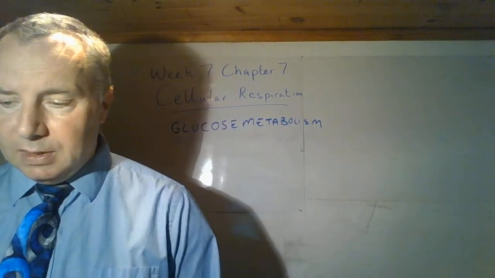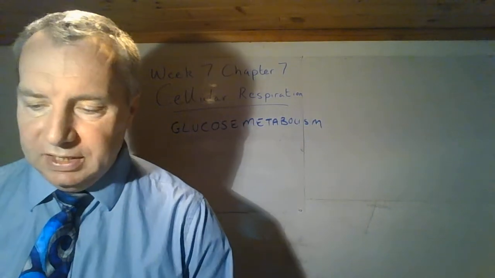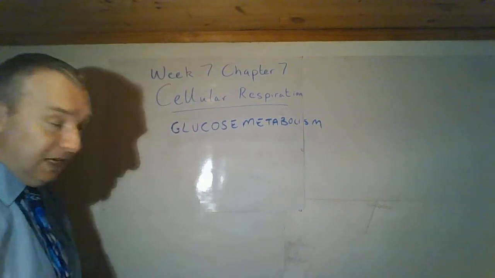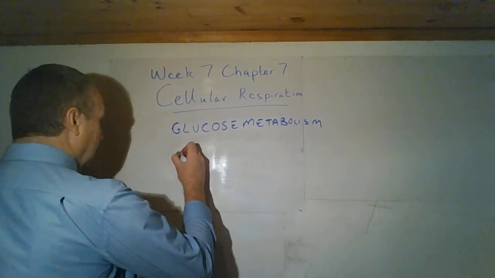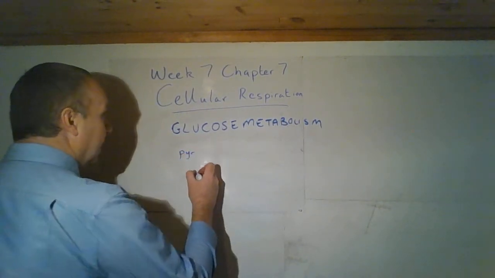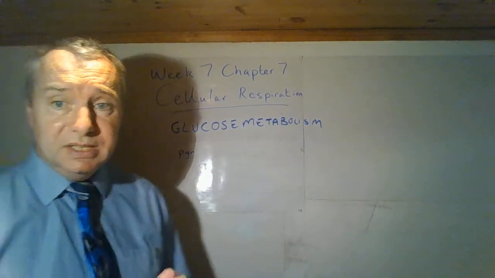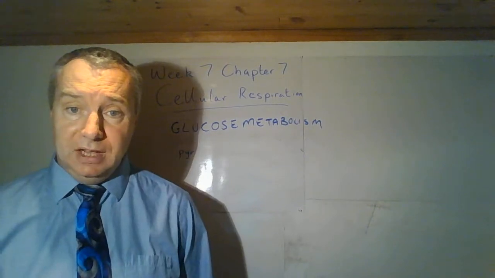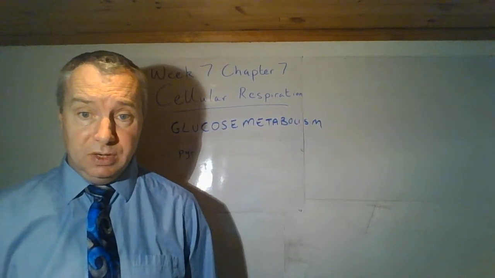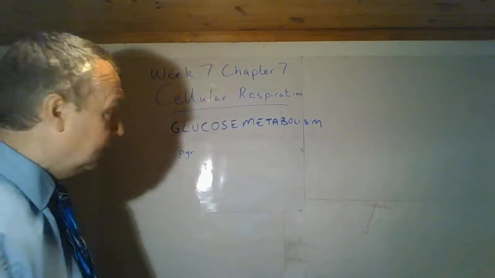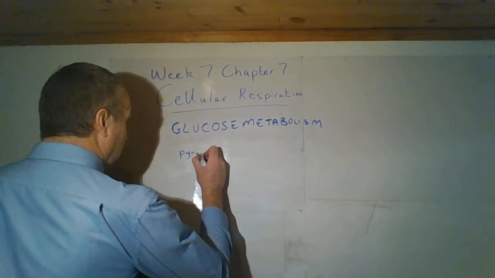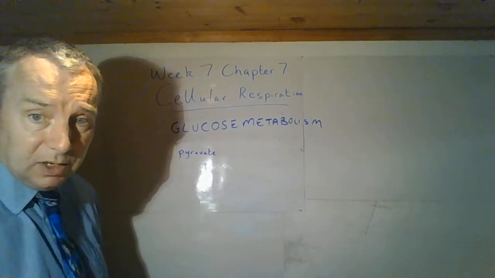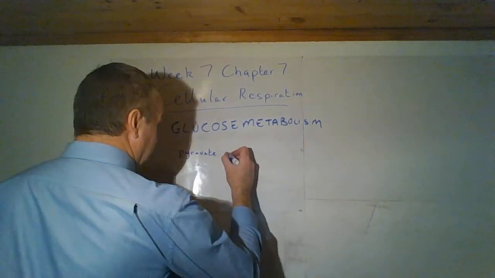So, cellular respiration creates ATP. So we have pyruvate. By the way, glycolysis happens in the cytosol of the cell, or the cytoplasm you might call it, of the cell, not inside the mitochondria. But pyruvate, the 3-carbon things I was talking about earlier, will enter the mitochondria